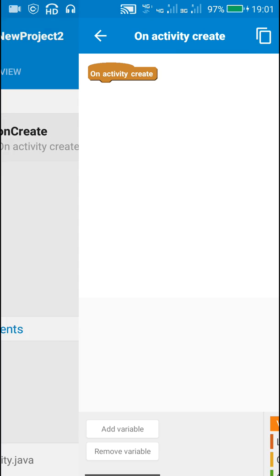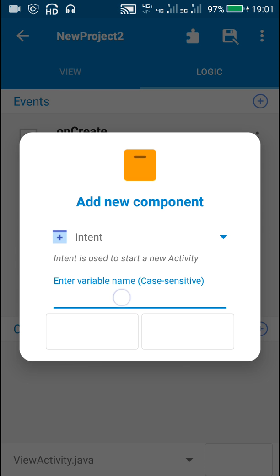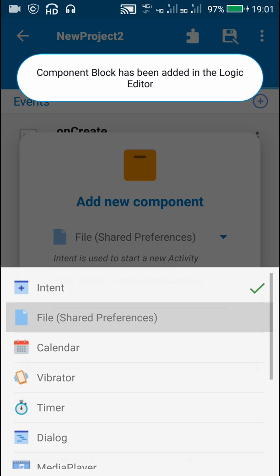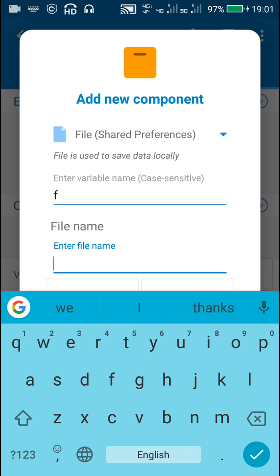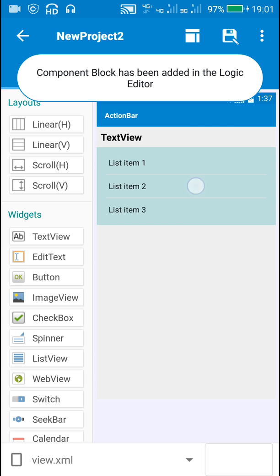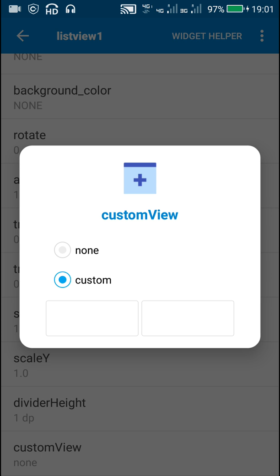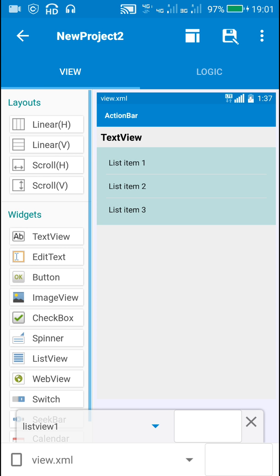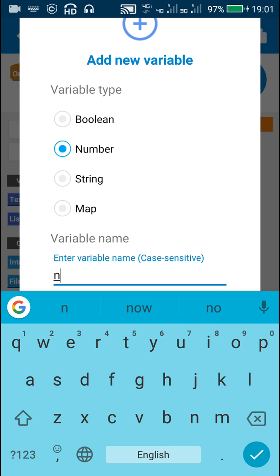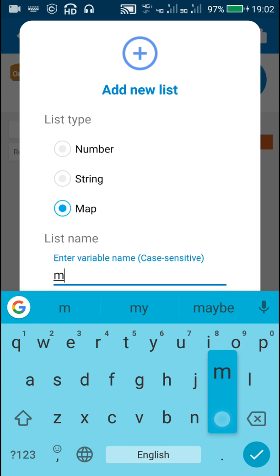In view activity I will add an intent component I and a file shared preferences component F. And in view area for this list view I will select this custom view as custom. Now again in logic area I will add a number variable n, plus I will add a list map, maps,